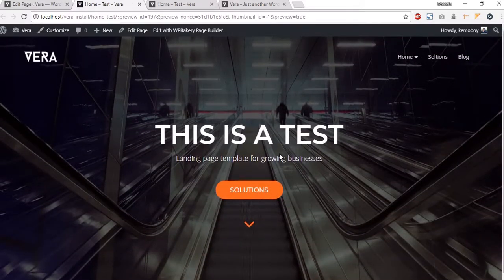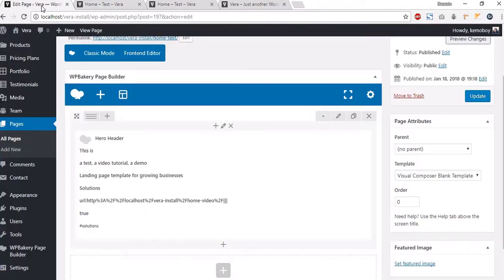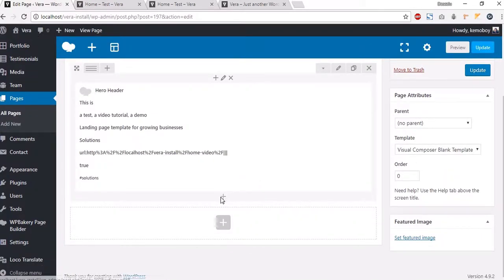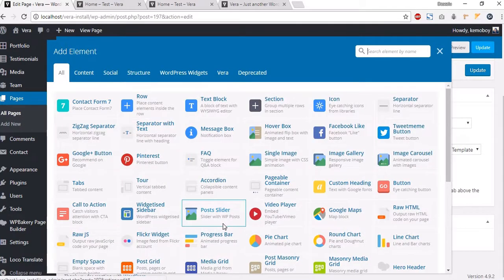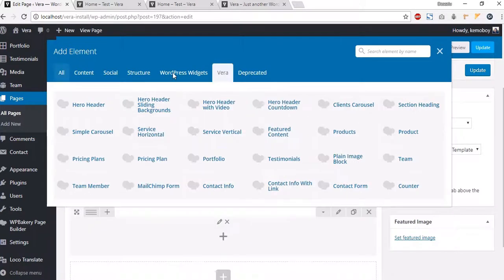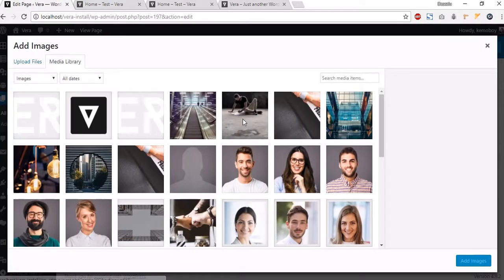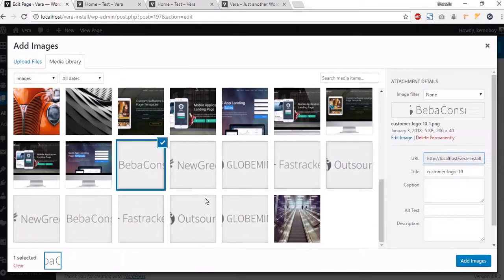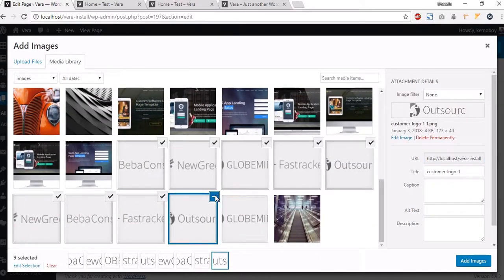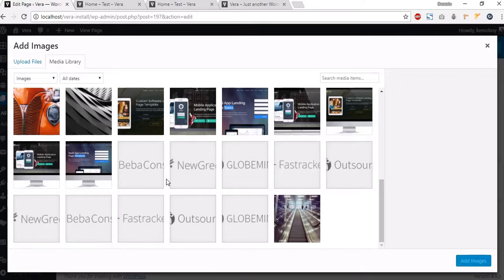And as you can see, the header has been added with our content. The next thing you want to add is the carousel, the client's carousel. So for this, let's add a row, and here let's add this one, client's carousel, client's logos, so you can add the logos you want. So I choose those. Click Add Images,